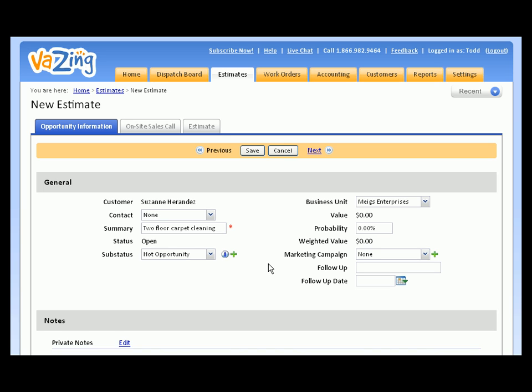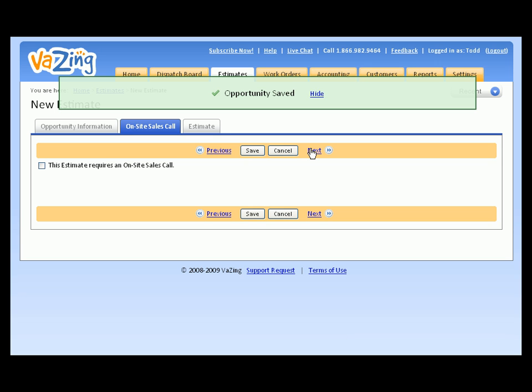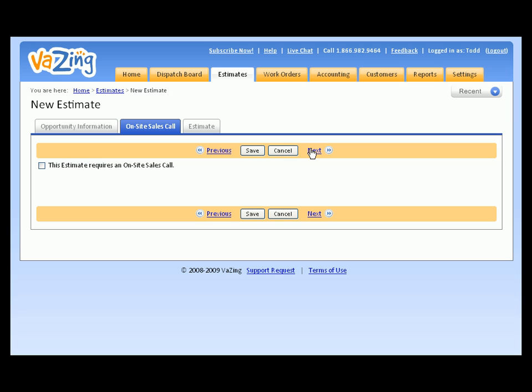Once you've entered all the general information about the estimate, go ahead and click the next link to save the estimate and move to the next tab. If the estimate requires that you go out on site to inspect the site in order to come up with the estimate, you can create an on-site sales call. For more information about the on-site sales call, please see the How to Create and Schedule an On-Site Sales Call video. Here we're not going to use an on-site sales call, so I'll simply click Next to move to the